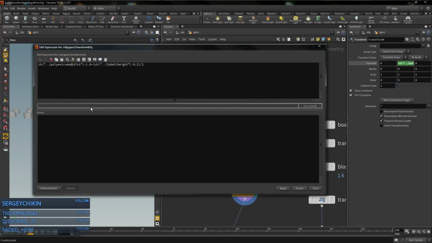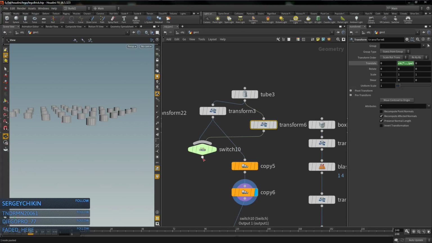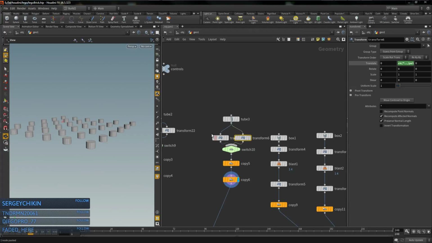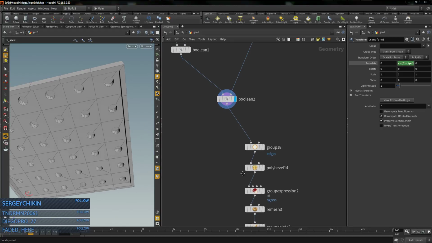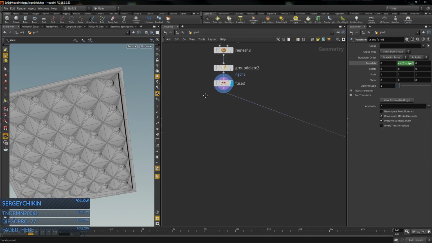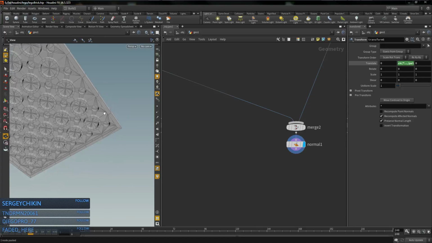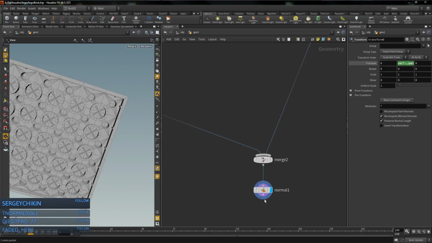And it's again this one. Yep. And it's working. I need to, however, go down here and say